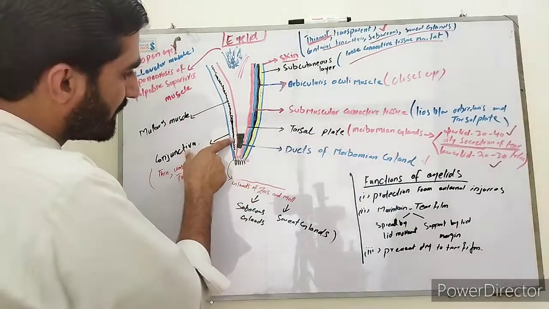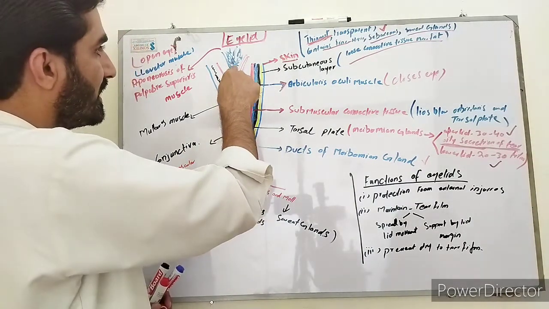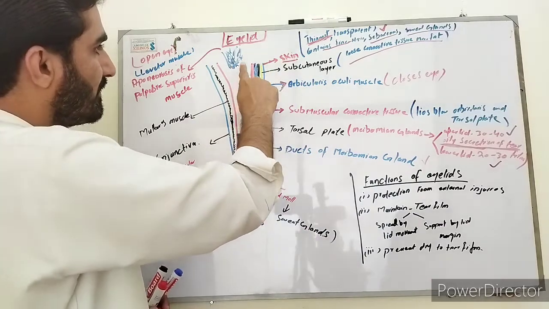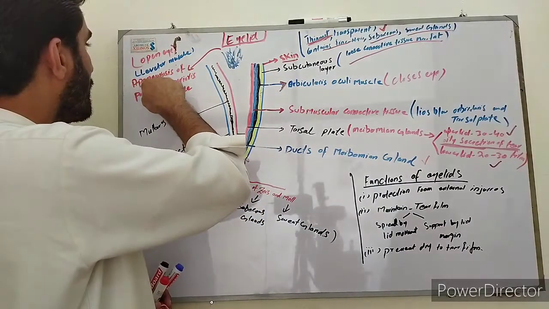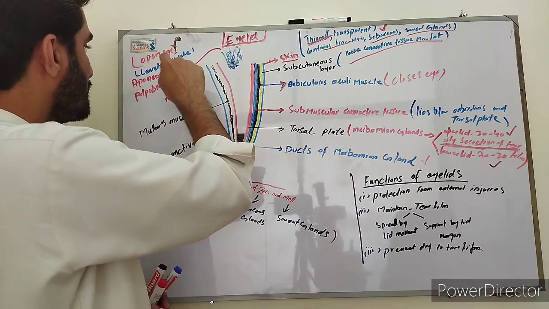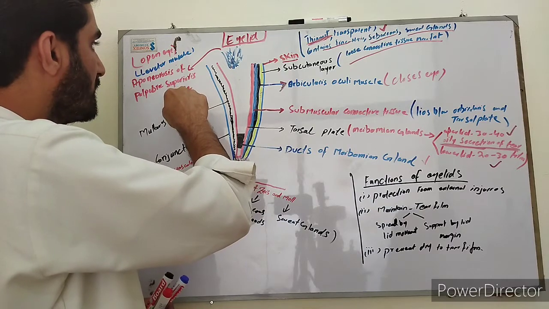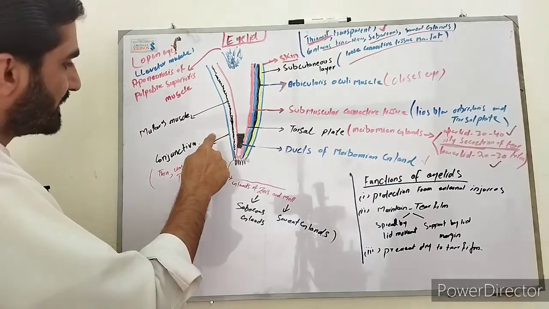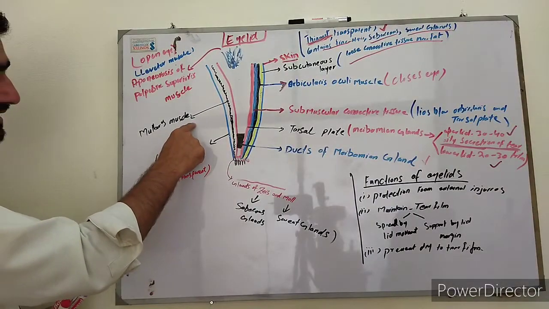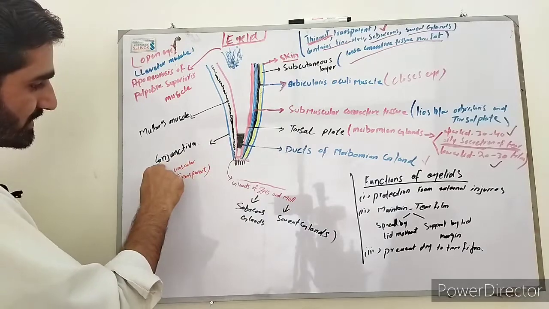At the lower part of the tarsal plate there are the ducts of the meibomian gland, and at the upper part of the tarsal plate there is the aponeurosis of the levator palpebrae superioris muscle. After the tarsal plate there is Muller's muscle, and the last layer is the conjunctiva.